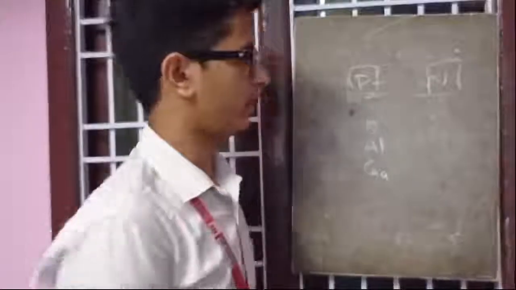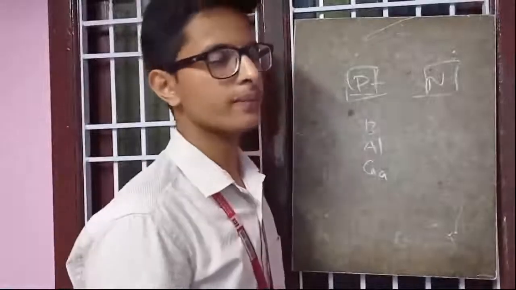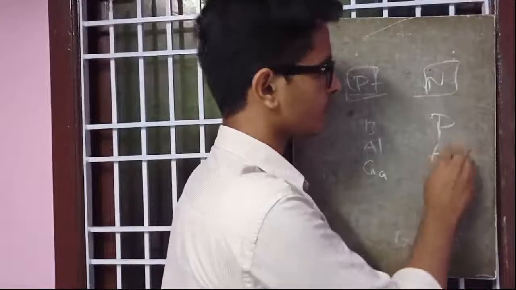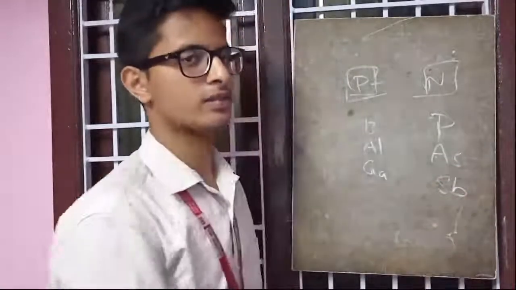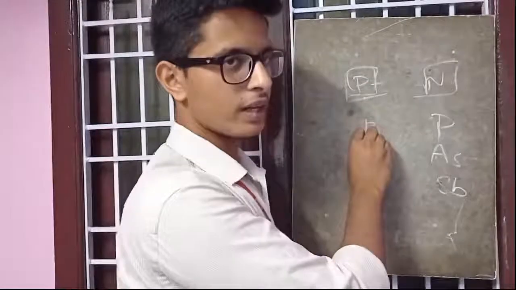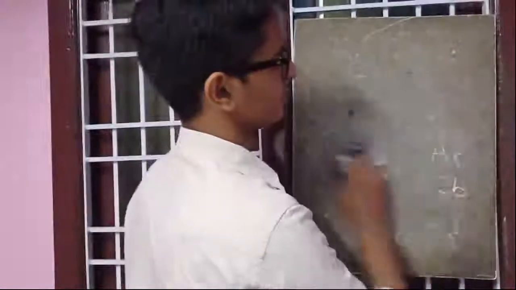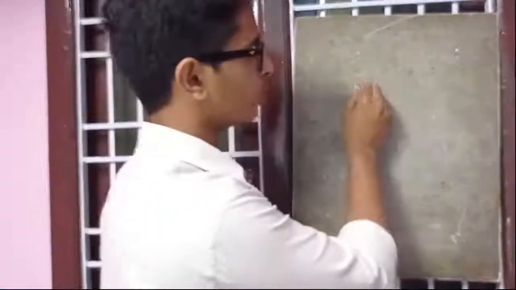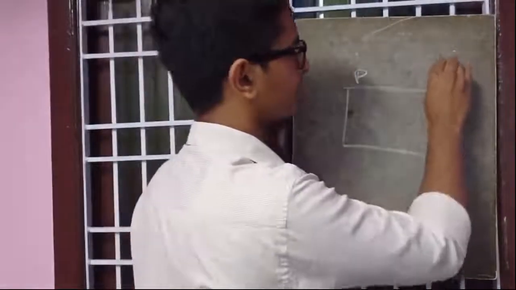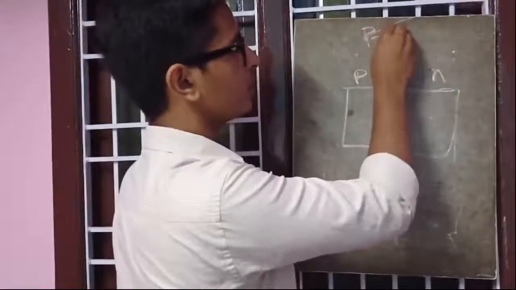We get n-type semiconductor by doping the pure silicon or germanium semiconductor with pentavalent impurities like phosphorus, arsenic, antimony, like this. So we get the p-type semiconductor by doping the pure silicon with a trivalent, and n-type by doping the pure silicon with the pentavalent. By joining these both p-type and n-type semiconductors together, we get a diode. The diode is called p-n junction diode.